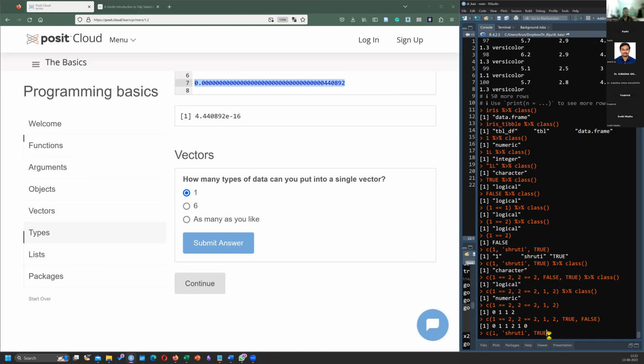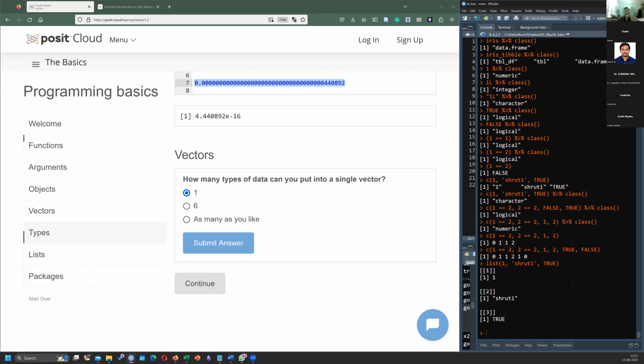Sorry, this is what we tried to put, right? One numeric, one character, one logical, isn't it? But instead of c, I'm going to call it a list. And now it says, okay, this is the list that I've created. Now I can look at the class actually.